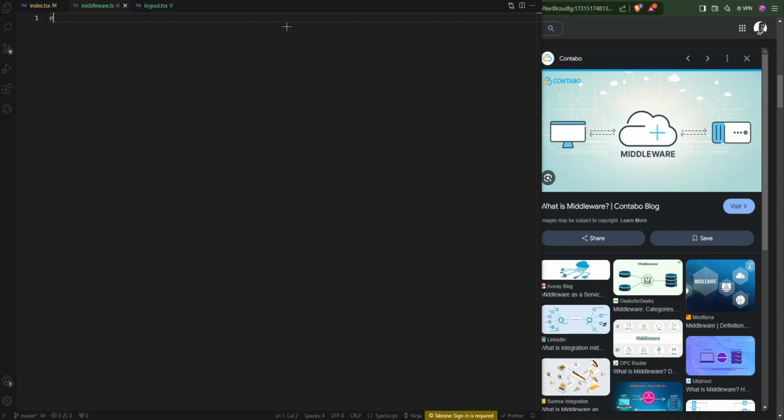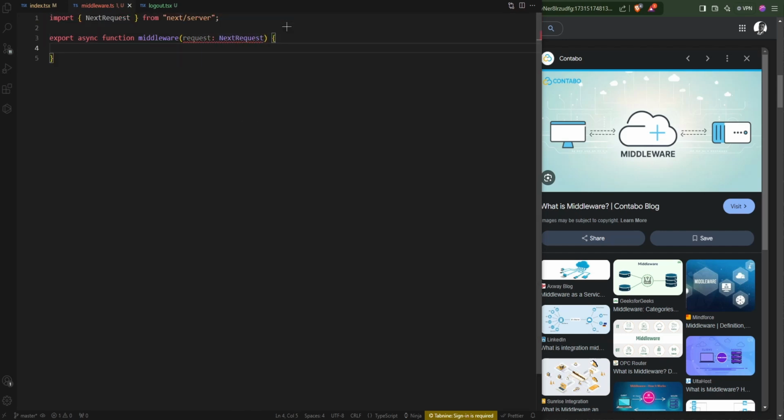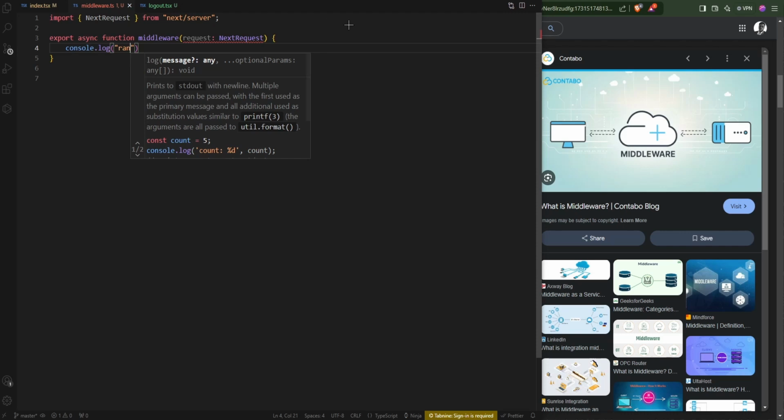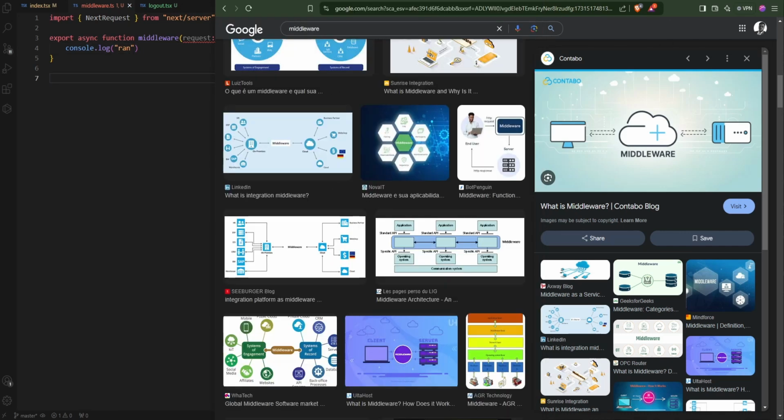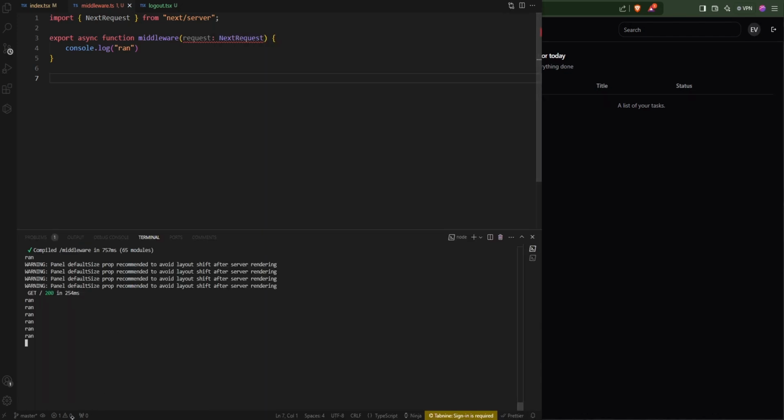So let me export an async function, which is going to be the middleware, right? So we need a request, so we have access to the request like this. All right, and then one thing that you need to do, which I'm going to show you why. So let me just say console dot log like this. So we say run, to show that it ran. All right, so now let me go back here to the page and let me hit refresh, and you can see that it ran